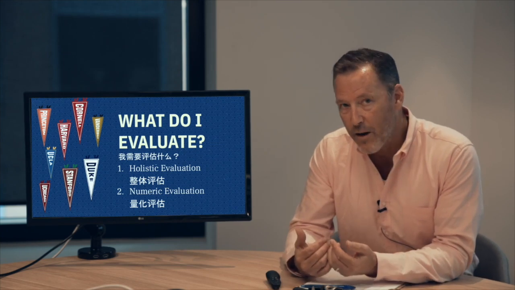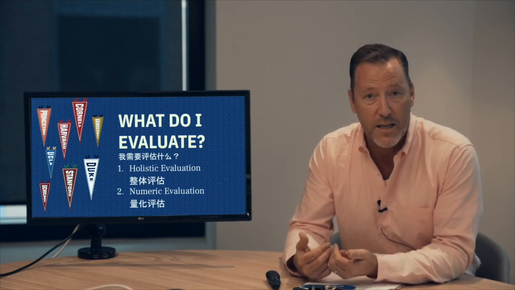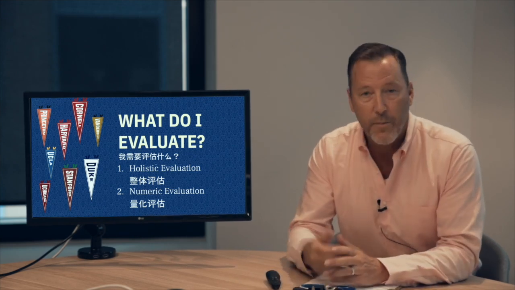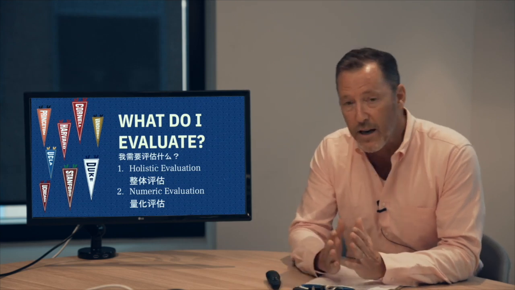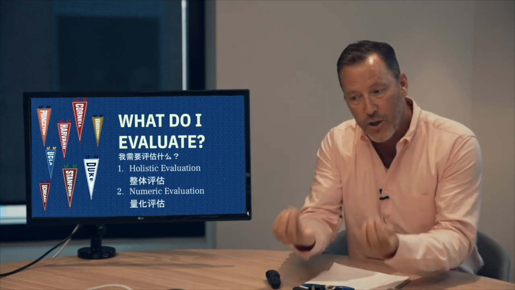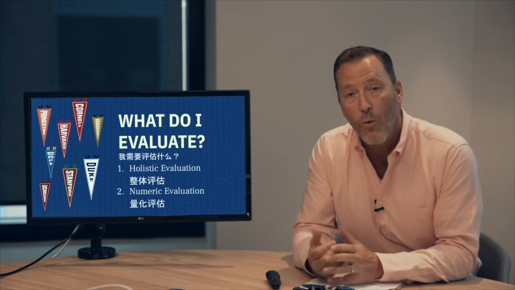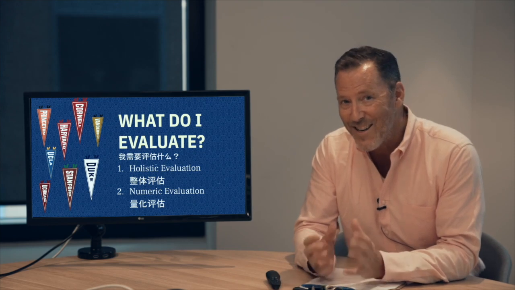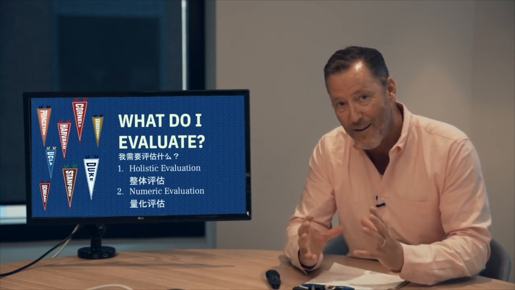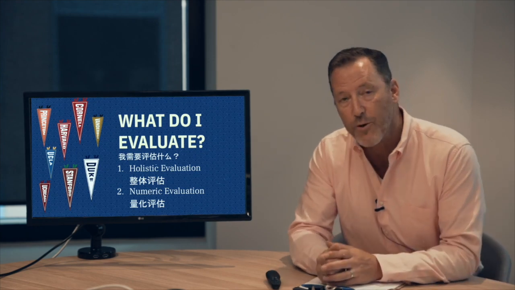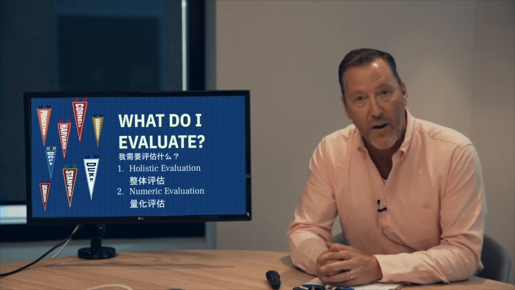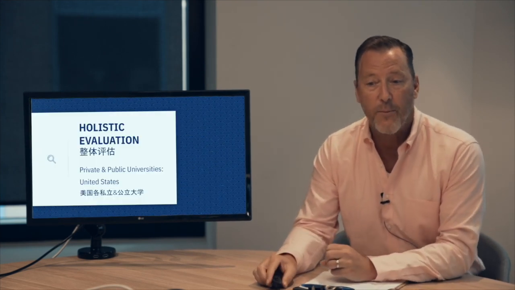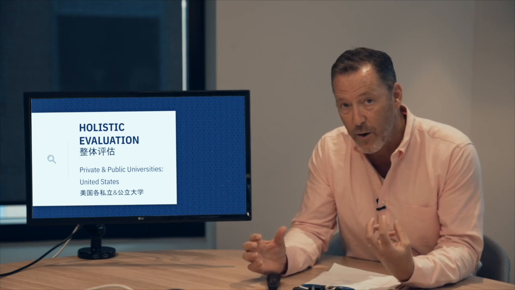The problem with numeric evaluation when it comes to elite universities is that, quite frankly, it doesn't sift out too many applications. So in my time working at Stanford, and to a lesser extent at Santa Clara, the applications would land on my desk, and probably for every 100 students that I read, only a handful, 4 or 5, did not have a numeric profile that made them competitive for the university I was reading for. Quite frankly, we needed more information. And these universities that need more information have embraced something called holistic evaluation.